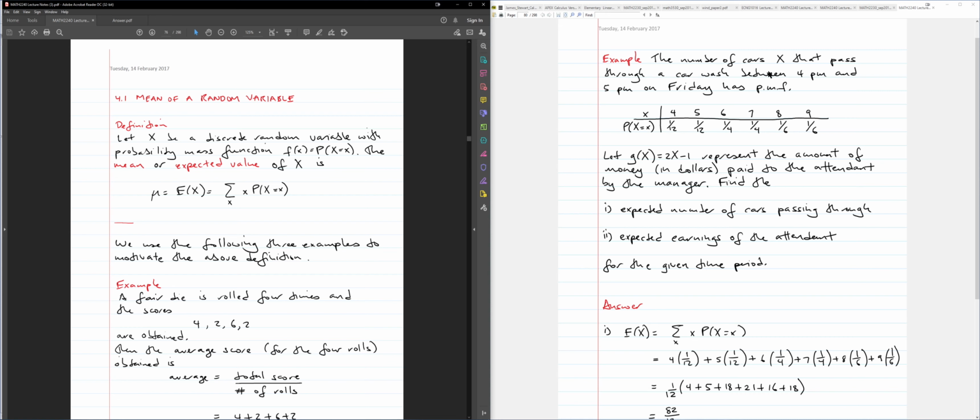We were given that the number of cars that go through a car wash in a fixed time interval between 4 and 5 p.m. on Friday has this probability mass function. The probability of 4 cars passing through the car wash in the time interval is 1 on 12. The probability of 5 cars passing through is 1 on 12, and so on. They asked me to get the expected number of cars passing through the car wash for a given time period,